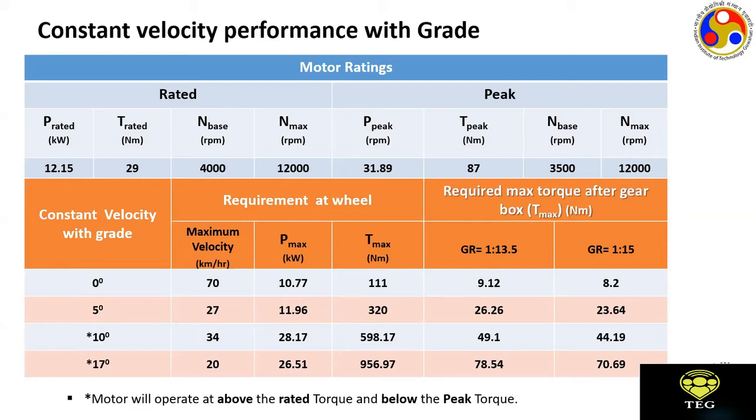Now, once we know the sizes of the machine, the next important thing is how do we design the machine? Because if we look at all the analysis that we have done, especially if we pay attention to the drive cycles, we can see that there is nothing like one operating point for the EV drivetrain. There are multiple speeds. There is acceleration involved at different speeds. There is a start condition. There is a stop condition. So it's very dynamic in nature.